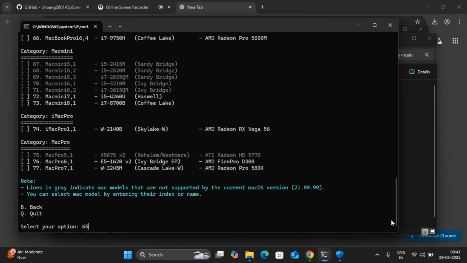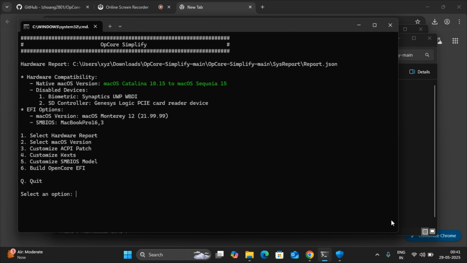65. Now comes the last one, build the EFI.